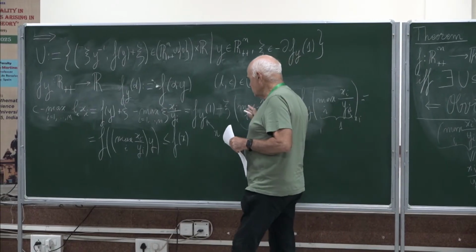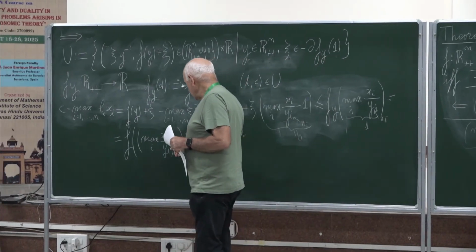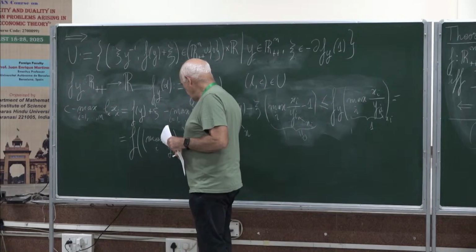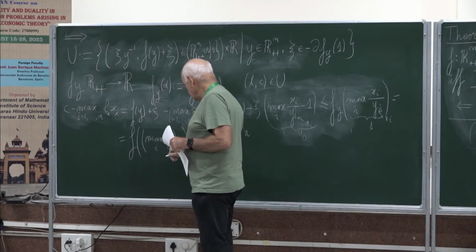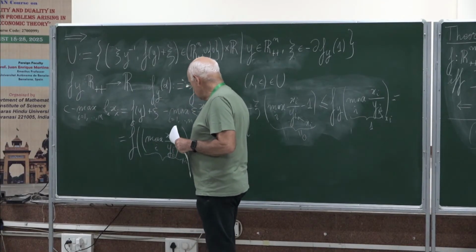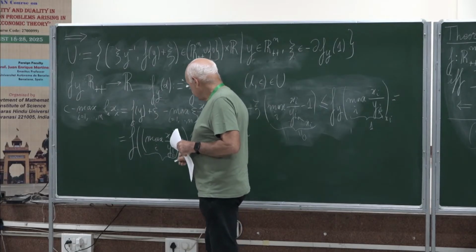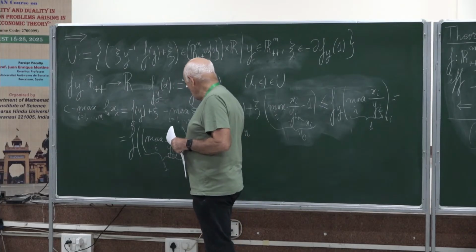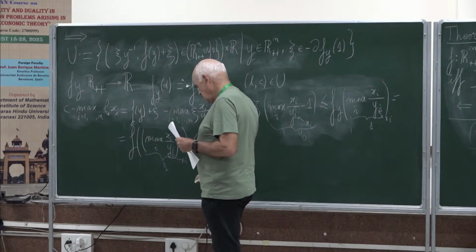That's okay, nothing new, but here yi is xi, so this maximum is equal to 1,